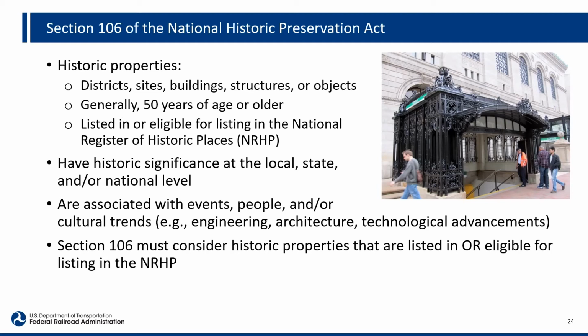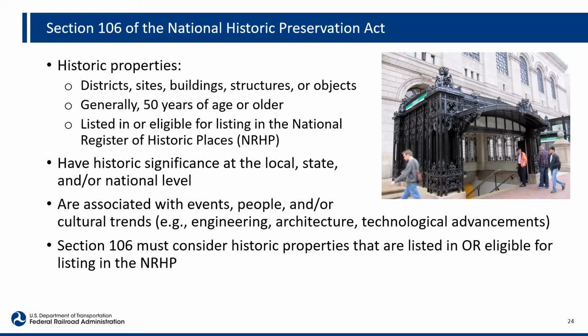Historic properties can be listed in what's called the National Register of Historic Places, or they may be eligible to be listed on that National Register. The National Register is maintained by the National Park Service and is overseen by an individual known as the Keeper. It includes both historic and prehistoric properties found to be significant at a local, state, and/or national level. There are specific criteria that historic properties have to meet in order to be listed or considered for listing. These criteria were established by the National Park Service.